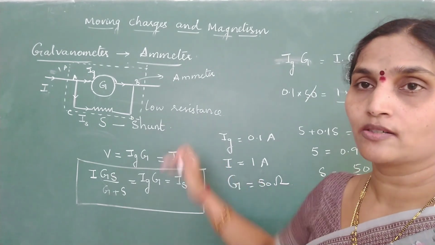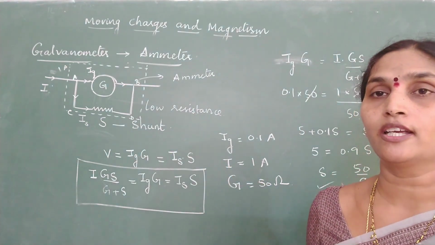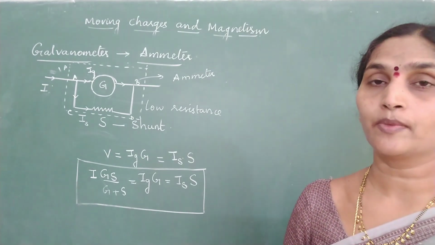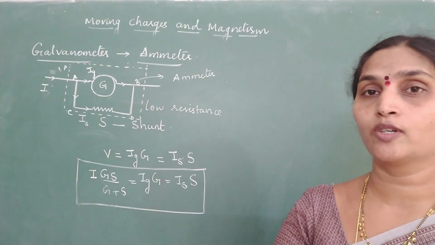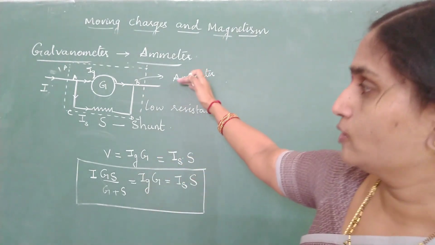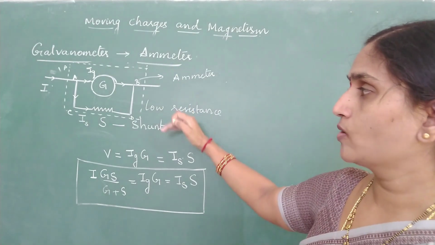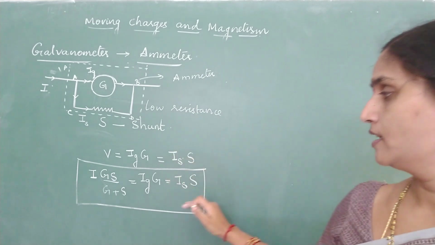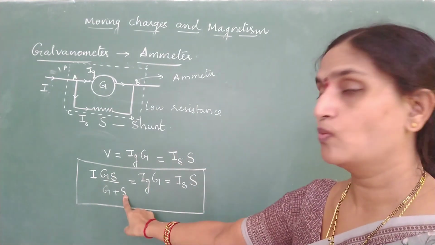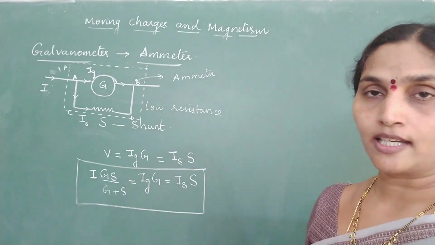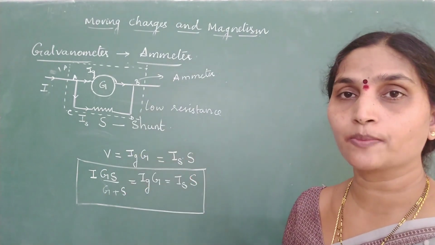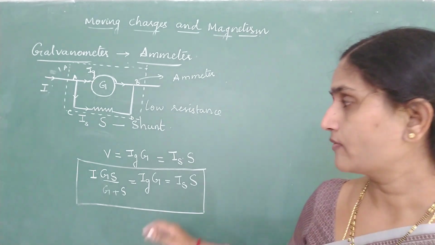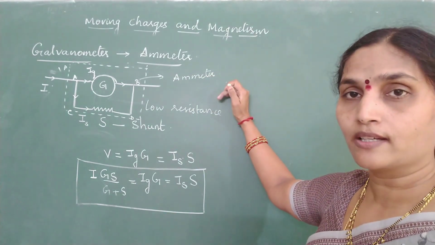Again, I am repeating the points. What are the points to remember when you are converting a galvanometer into ammeter? To convert a galvanometer into an ammeter, add a low resistance shunt in parallel to it. Depending on the range of your ammeter, use this formula, calculate what shunt has to be added. Second step, the position of the needle has to be changed and you have to calibrate the readings which are on the galvanometer. So after doing this, we get an ammeter of a proper range.